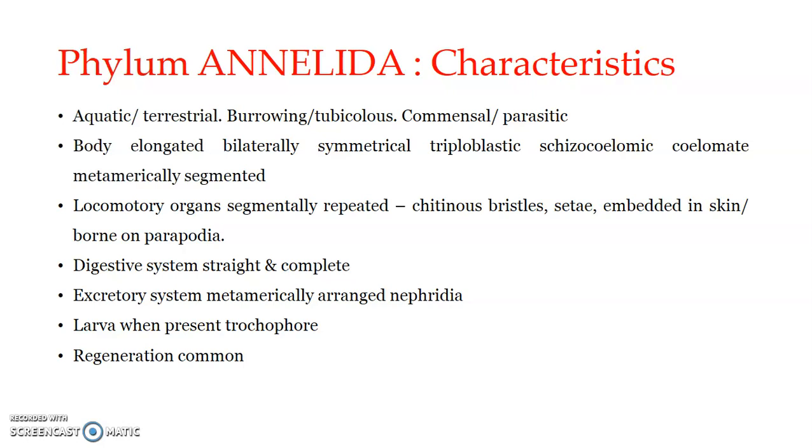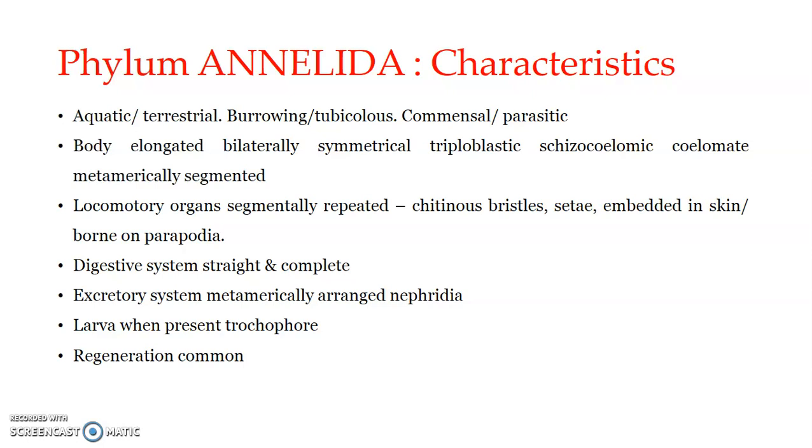Now the body wall is provided with an outer covering, and that is known as a cuticle, and this cuticle is secreted by the underlying epidermis. The body wall is contractile, as we have already mentioned. It consists of an outer epidermis, and just beneath that, the circular and longitudinal muscles inside.